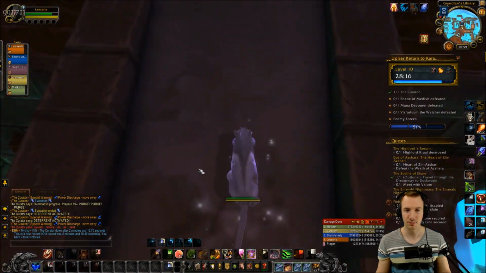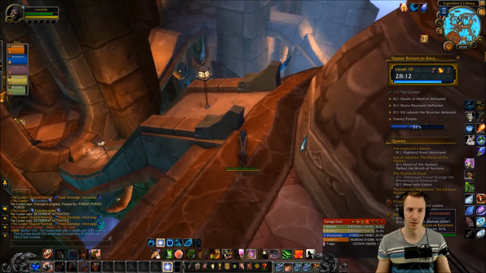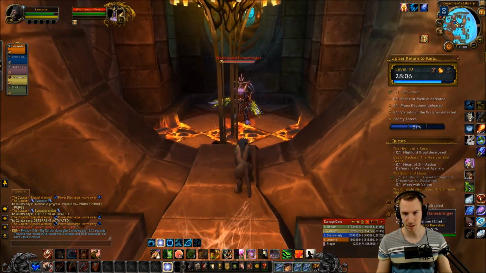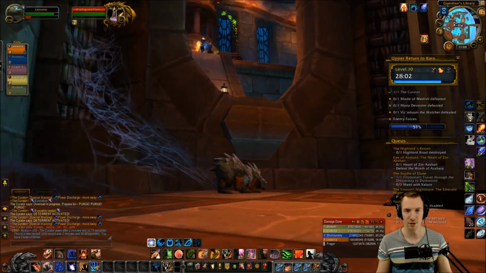So at this point, you skip these two who patrol the area. So you just have to run by them, and then you have to kill this guy. I guess you don't have to, but